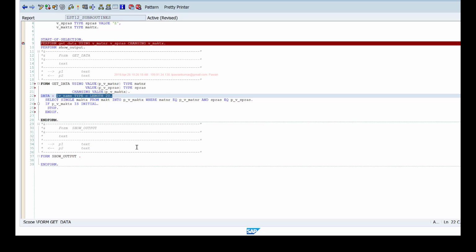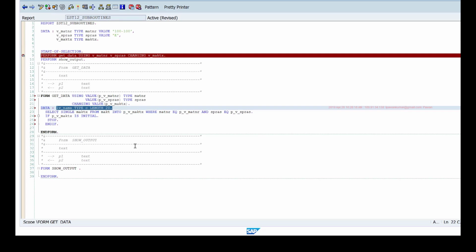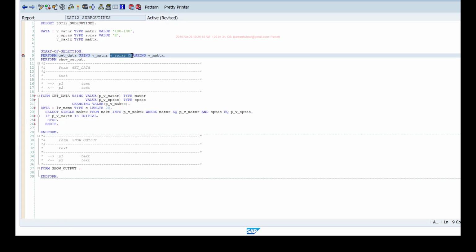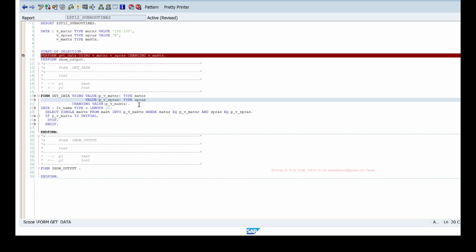As we keep developing these programs, you will understand the purpose of using these local variables. For now, just understand the different ways you can pass these parameters and try to practice calling these subroutines. In the next session, we'll do one example using this subroutine. So at that time, you should have much better practical understanding of their usage, how we use it in our regular programs. Like these variables, you can also pass your internal tables to these subroutines. So all you have to do is list the internal table in the perform statement, and in the form statement, you can list it and type it.